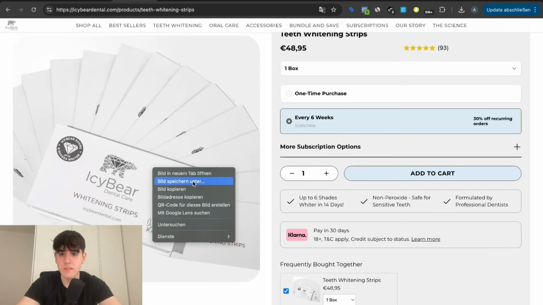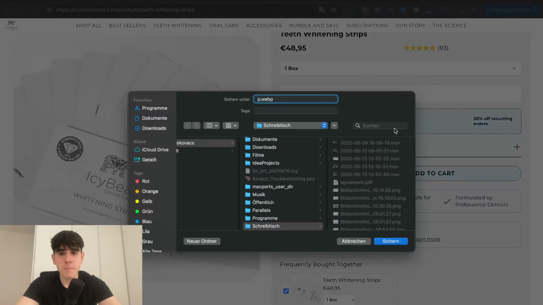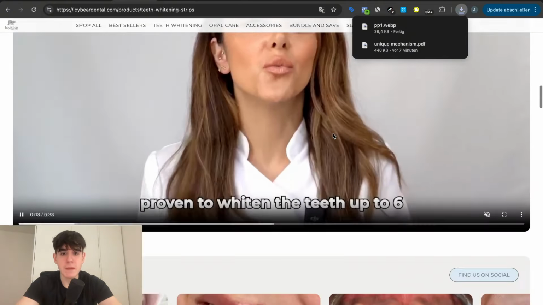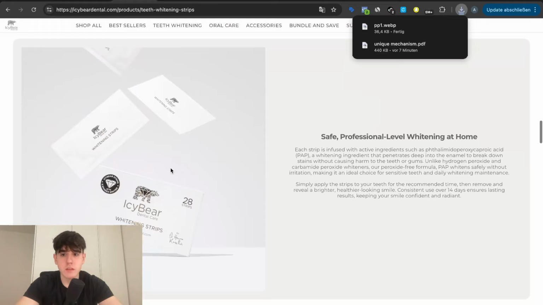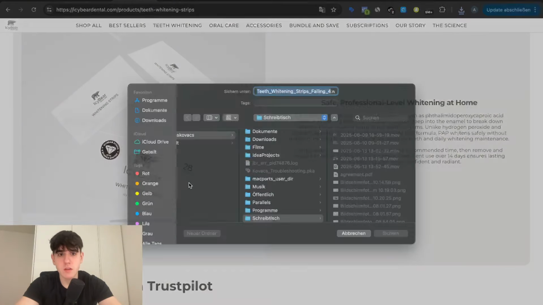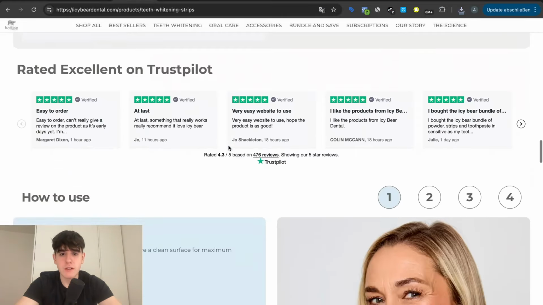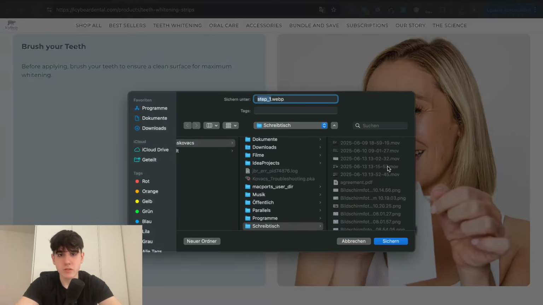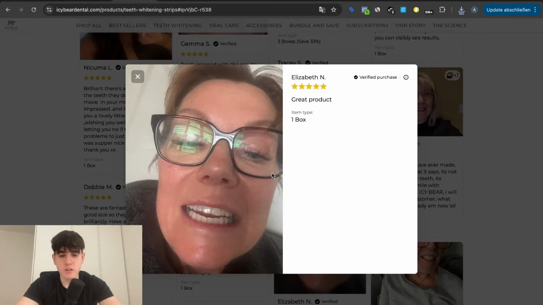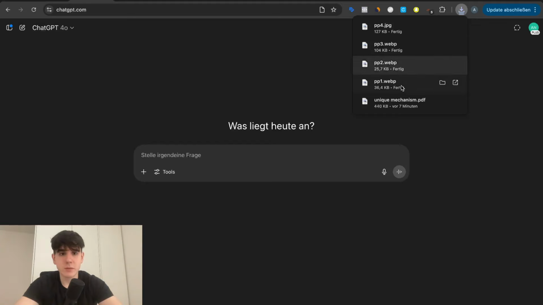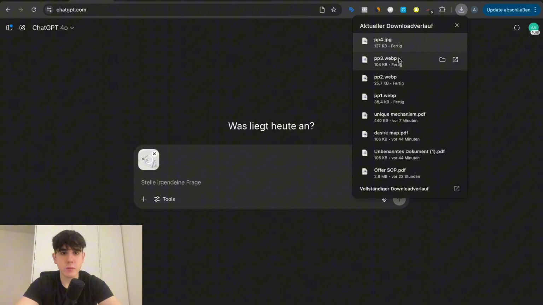We're going to give it product picture 1, this is product picture 2, this is product picture 3, and let's say this random one here is product picture 4. Now we're going to hop into ChatGPT, give it these 4 pictures that we took from the competitors, and say,